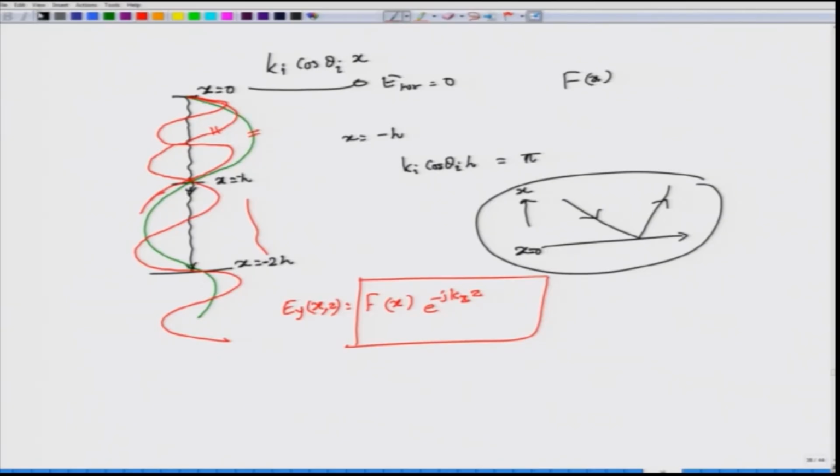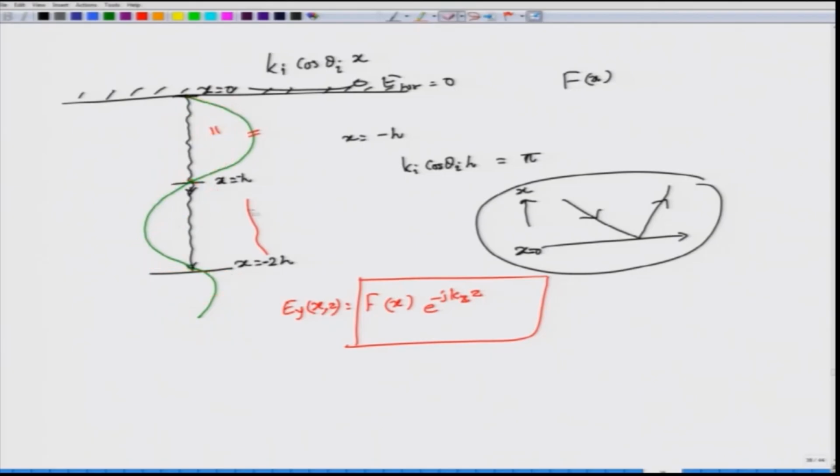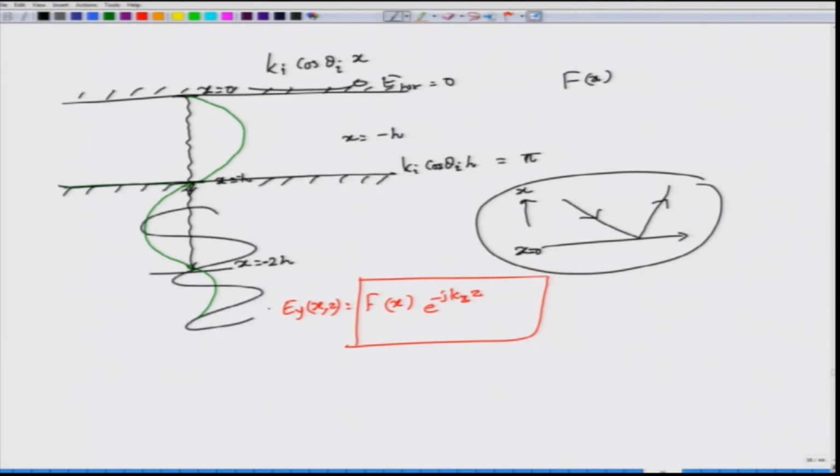Now, let me do one thing. I already know that I have a metal surface over here, right. So, this is a perfect electric conductor, which in fact allowed all these field quantities to actually start appearing, right. So, this is how the field looked, okay. So, the field is actually 0 at x equal to 0 because of the perfect electric conductor. Now, what happens if I were to place another perfect electric conductor here? So, if I put another perfect electric conductor, these fields will not be sustained, okay. So, clearly these fields are gone because of the perfect electric conductor,